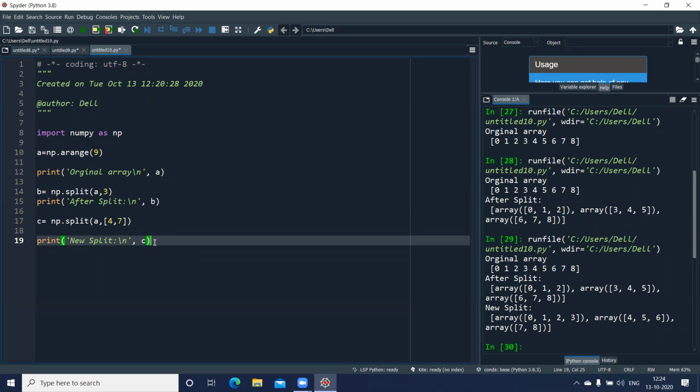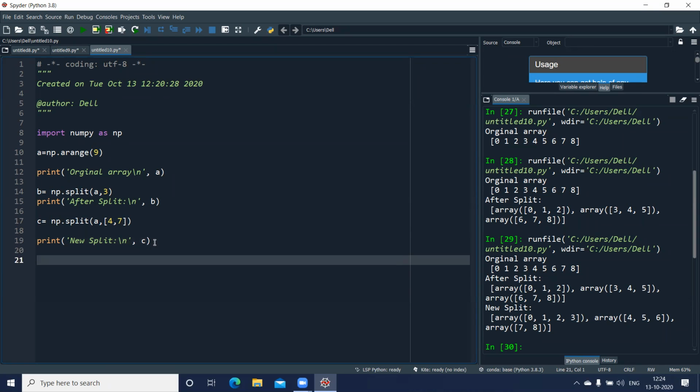Now, like we had in your stack function, horizontal and vertical, similarly we also have horizontal split and vertical split. For horizontal split, we'll take another array. So I'll create another array x equal to np dot